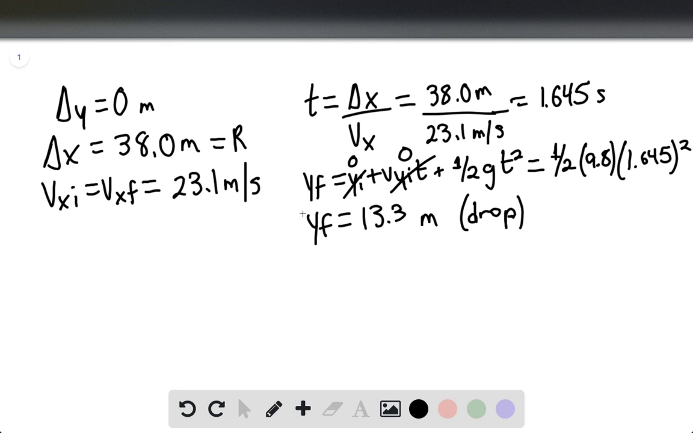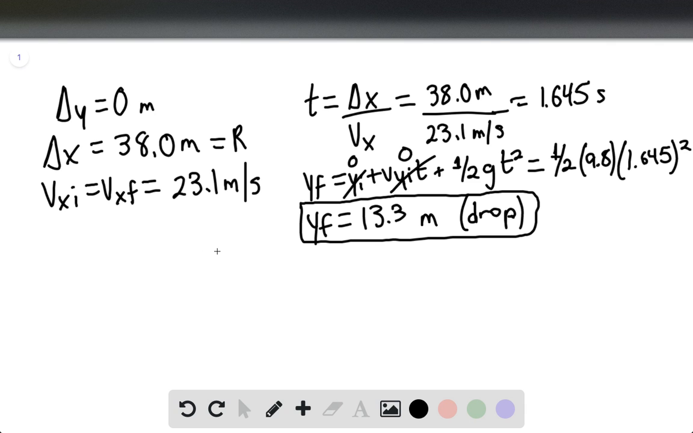So if he shoots the arrow perfectly horizontally, it's going to hit 13.3 meters below the target because, again, gravity is going to bring the arrow down. And by finding the time it is in the air, we can find how long the arrow is in free fall, and essentially the delta y, the height drop from the initial